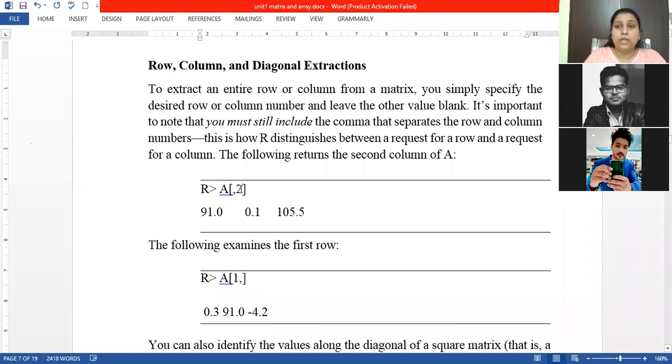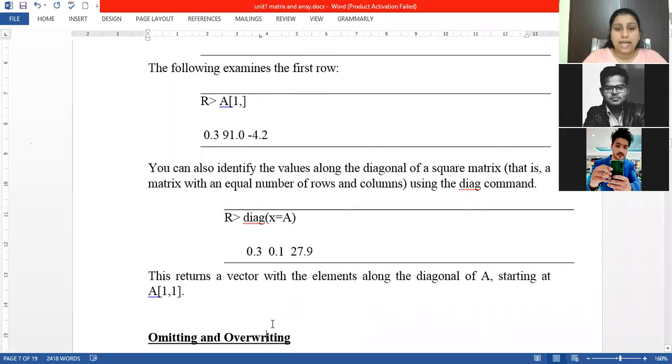If you want the first column, put 1 here. If you want the second column, put 2 here, and don't define any row. It will extract the whole column. Similarly, if you want to extract a whole row, just define a row number and don't define any column number. Then it will give you the complete row.